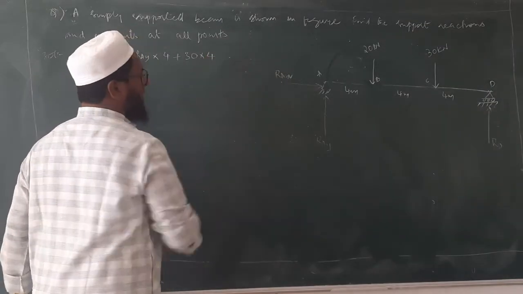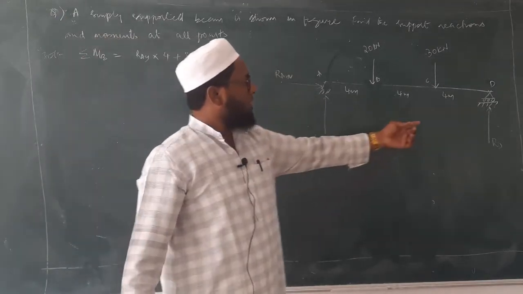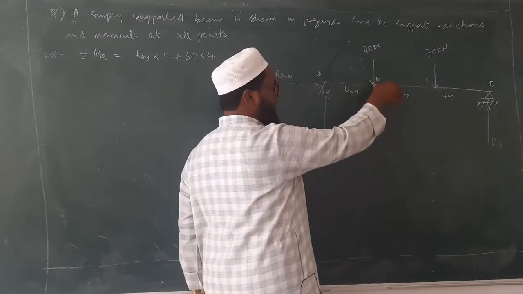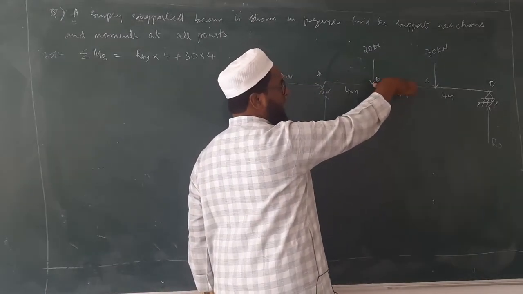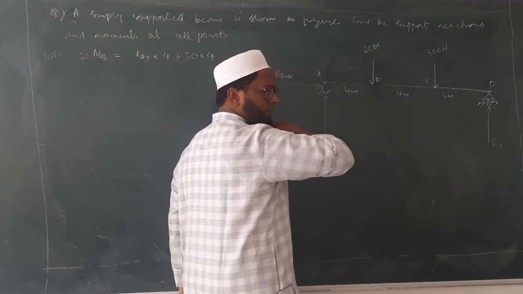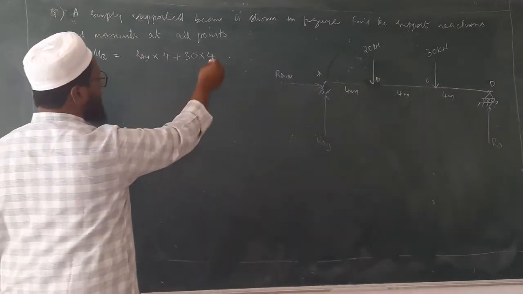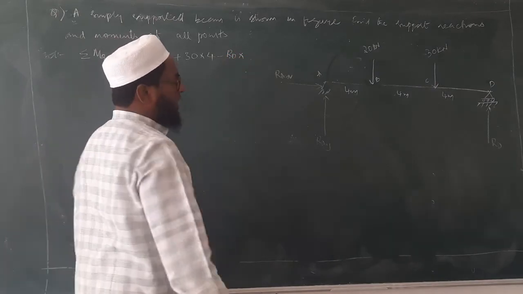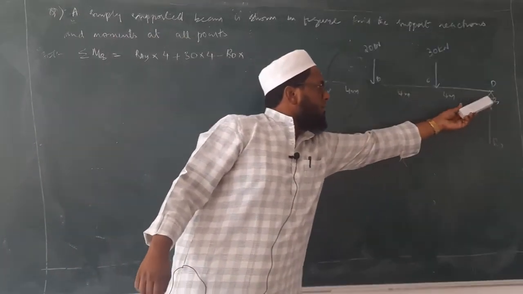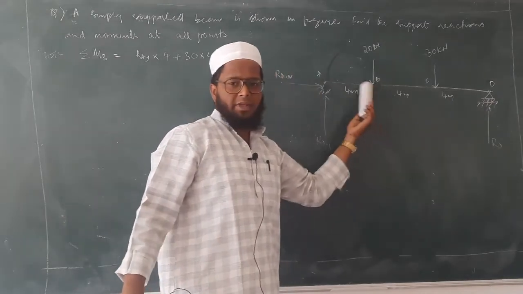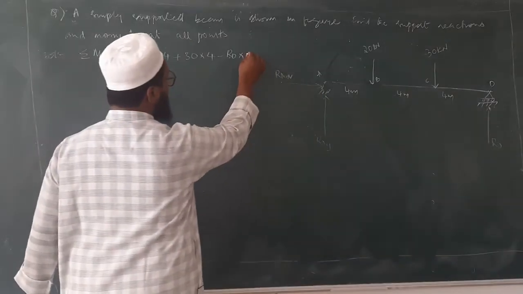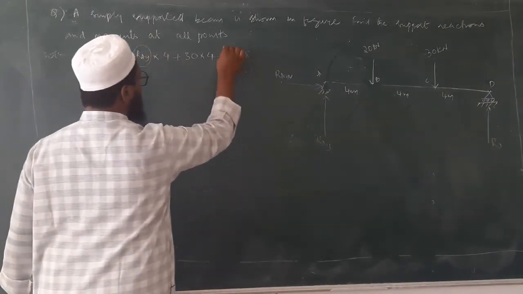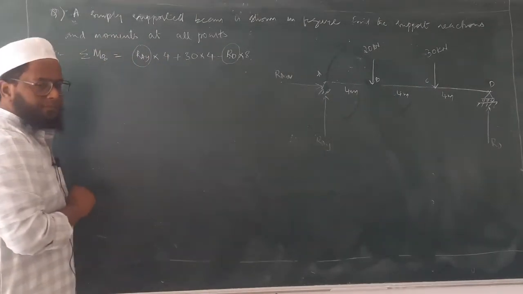Okay. Next we have RD. See the direction. Put your thumb on point B and see the force RD. RD is going in again anti-clockwise direction. So anti-clockwise direction means minus RD into 8, isn't it? From this point to point B will be 8. So now what is the value of RAY and RD? We have all these values, isn't it?